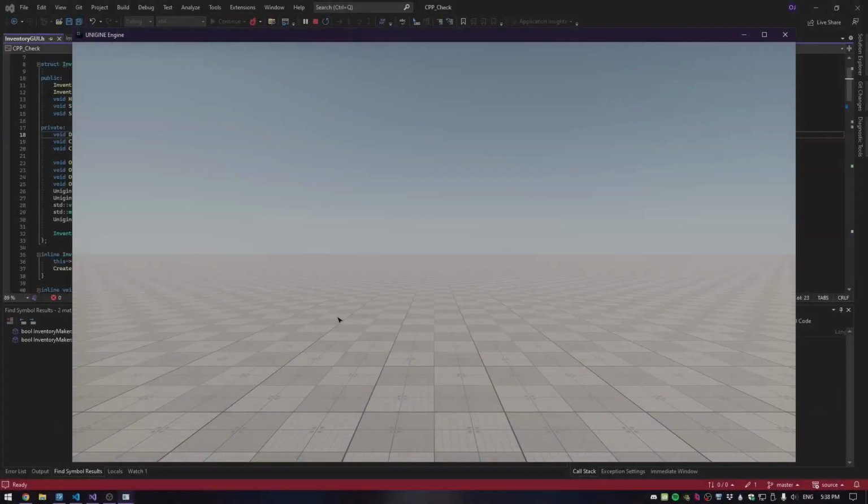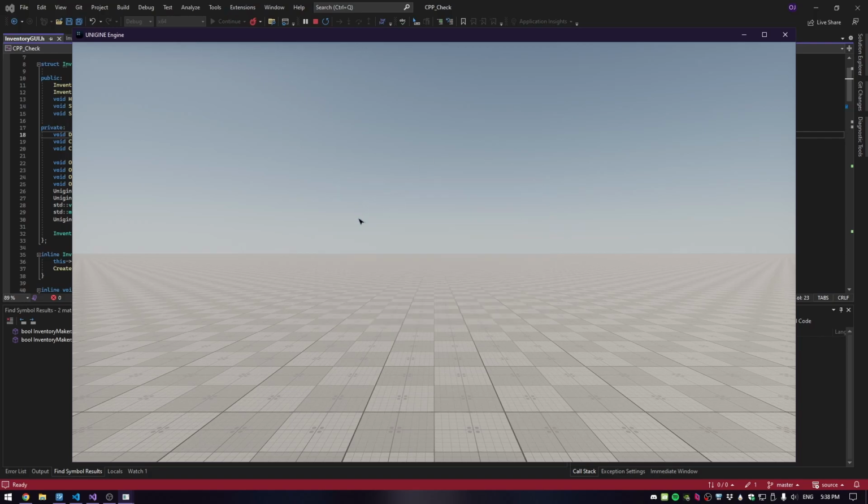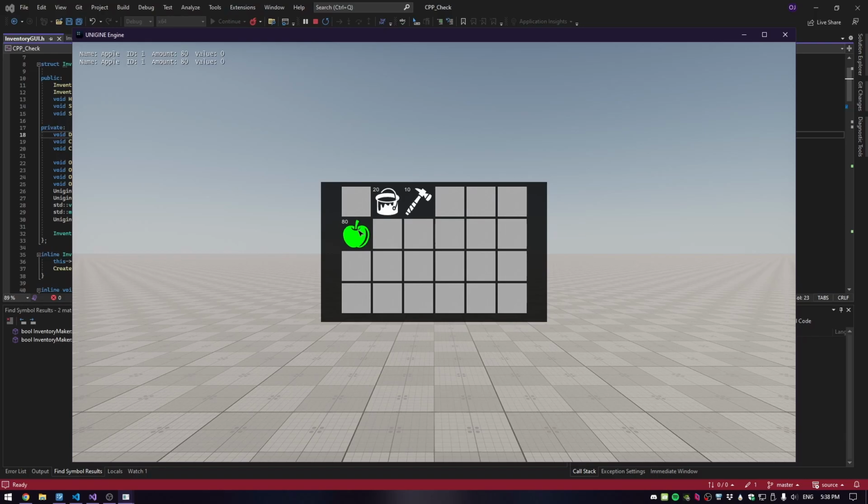Alright, so with all that done, now we go back in here. I press Y to open it up, and as you can see, when I go over it, it's green and it's white if I leave. We can click and drag it to a certain spot. If they're the same objects, they add together, and if they are not the same objects, they are swapped. Alright, then I also did the click. As you click on the top left, you can see that